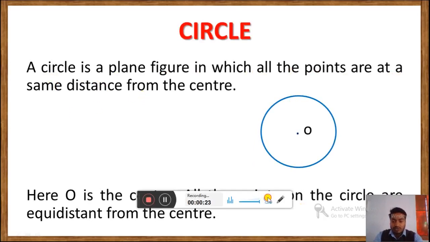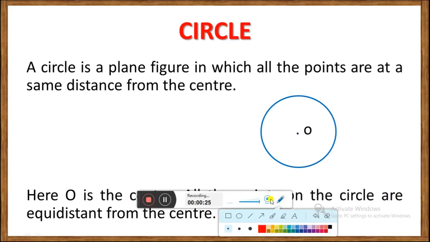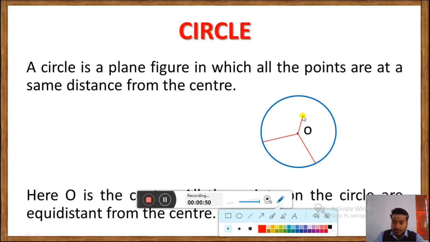Okay. So here you can see we have one circle, and this is the center point, and the name I have given here is O. Okay, so if we draw any line segment using this center point to any point, as you can see on the screen, the length of these line segments will be the same. Understood? That is only mentioned here.